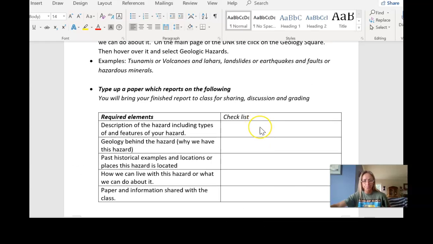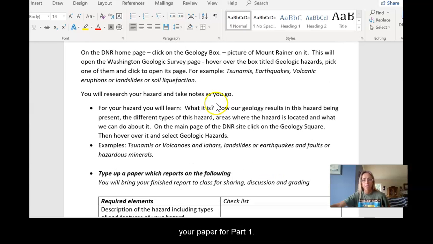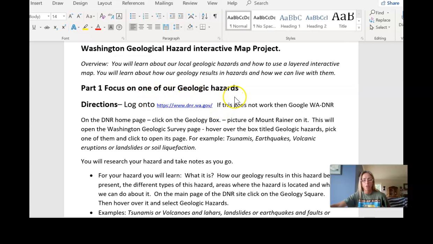So you'll want to make sure that you have completed each one of these things in your paper for the first section here, which is to focus on a geological